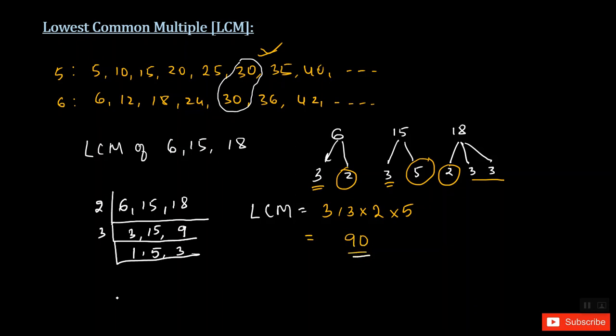Now, to find the least common multiple, I have to multiply all these numbers which have appeared here, along with the divisors. We stop the continuation of this if the last digits are different and they are not multiples of each other. For example, instead of 5, if I had 6, then I would have further divided by 3, right?